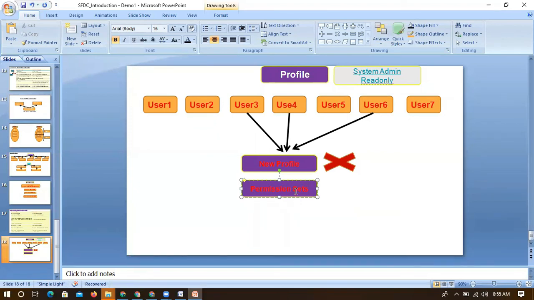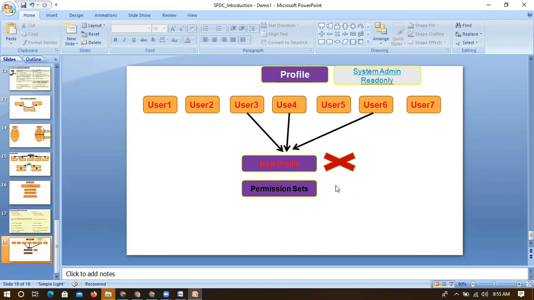Likewise, how we created a profile, we can create a permission set, following the same steps. We just have to go to Setup and look for permission sets, and we will find the steps. With this permission set we can do that activity. With a profile we cannot, because for a single user we are already restricted to a single profile. But with a permission set, which is an additional permission,